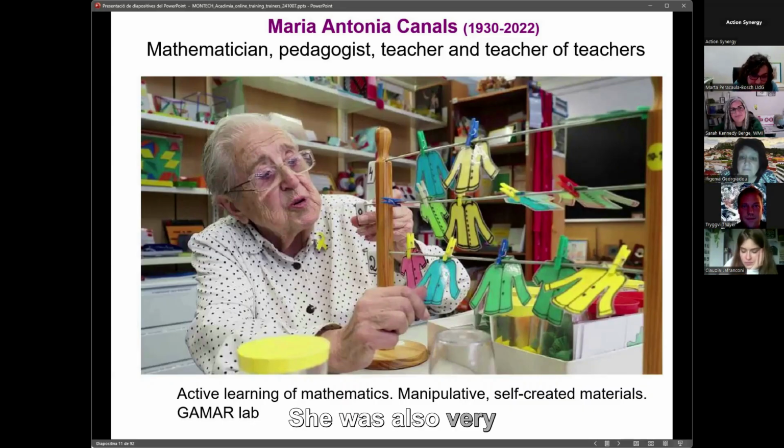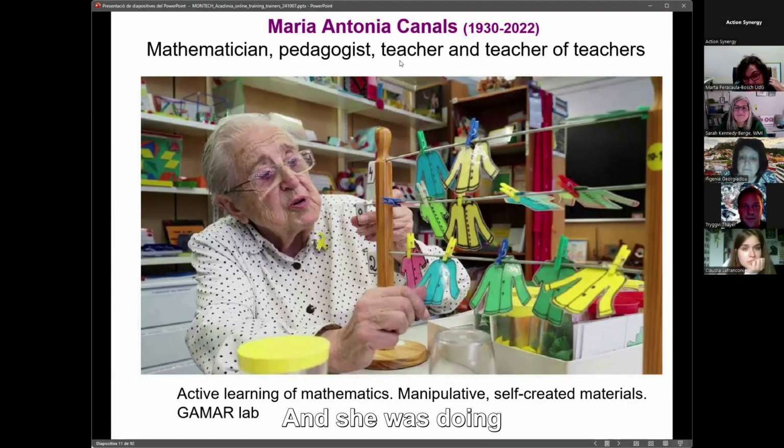She was also very much Montessorian. She understood very well the principles of Montessori. And she also developed her materials and her own way of teaching. So the materials were self-created and low cost, because she needed it to be low cost,